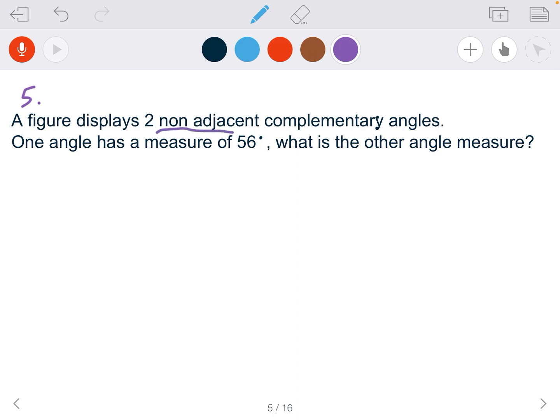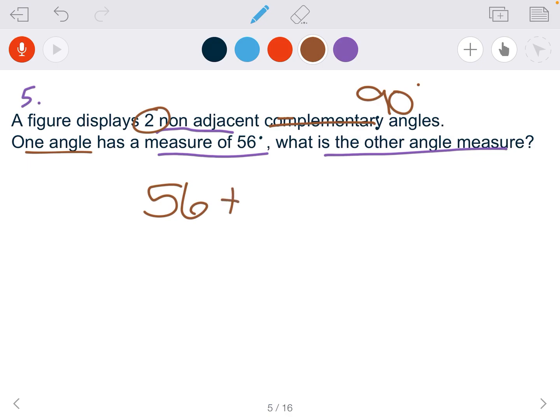A figure displays two non-adjacent, that should be one word, sorry, complementary angles. One angle has the measure of 56 degrees. What is the other angle? This is all they're giving you. You should know by now complementary angles are 90 degrees. So I've got 2 of them. So the measure of one angle, 56, plus something, let's just stick with the letter x,